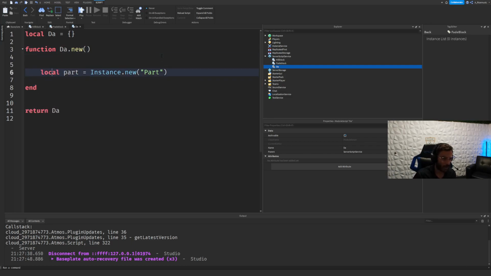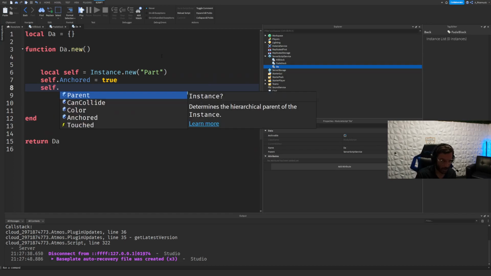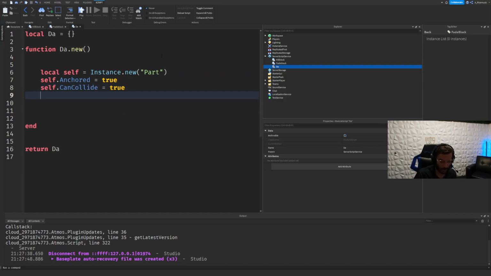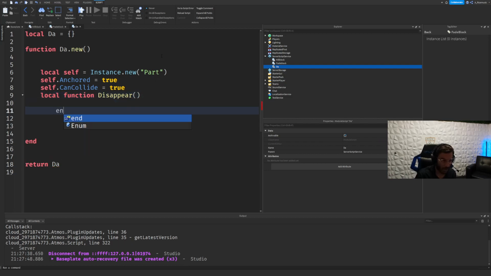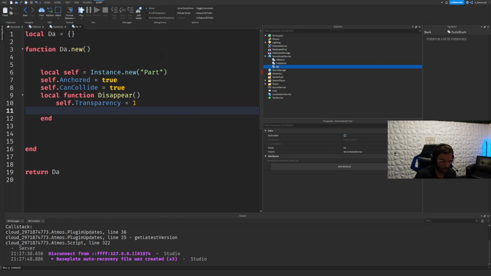Okay, go ahead and do local self is this. Boom. Okay. All right. So now we'll go ahead and do again self dot anchored is true. Self dot can collide is true, and then we'll go ahead and do local disappear is going to be a function here. Local function disappear, and we're going to go ahead and do an end here. And then come over, and then we're going to go parts dot transparency, self. We'll go ahead and do self here, self dot transparency is equal to 1, and then we'll do self dot can collide is equal to false,